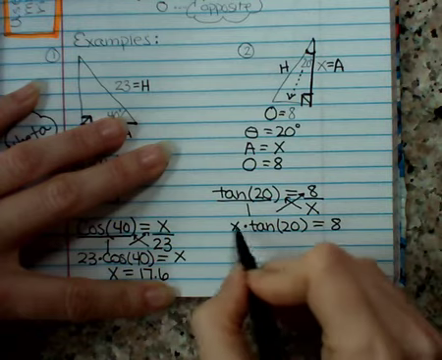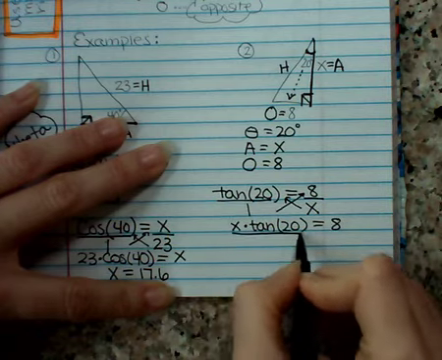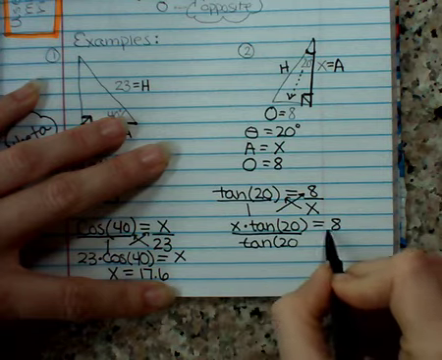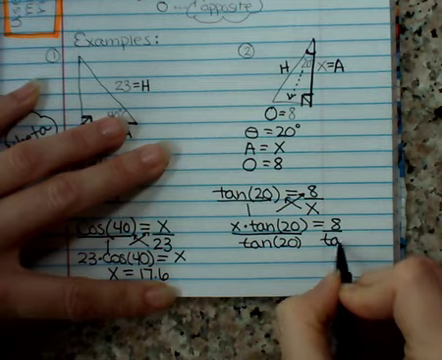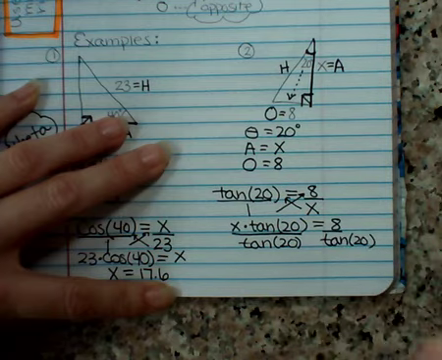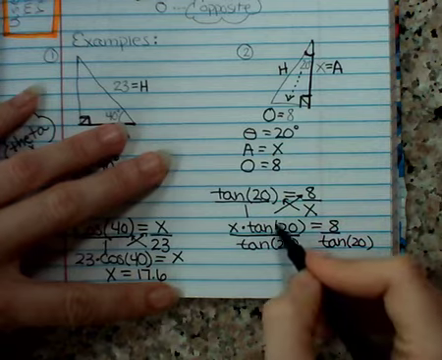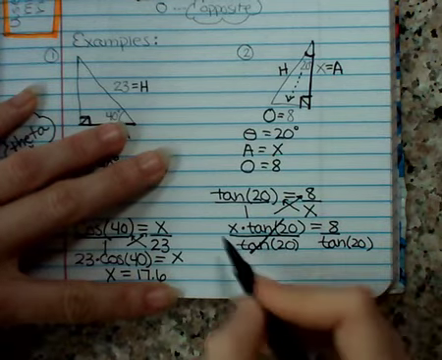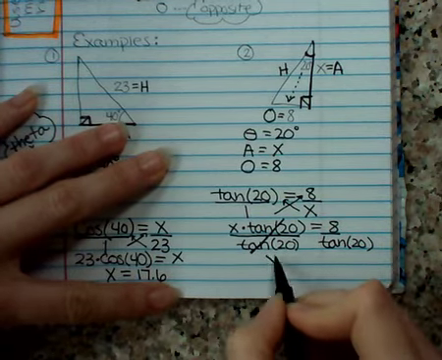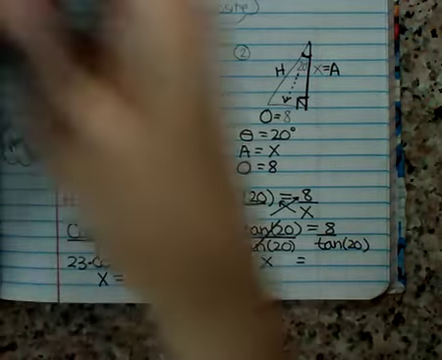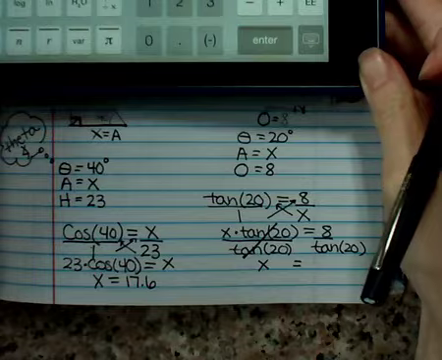To get x all by itself, I have to divide by the tangent of 20. We have to divide both sides by the tangent of 20. So tangent of 20 divided by tangent of 20 is just 1. So we are going to be left with 1x equals, and then we're going to type into our calculator